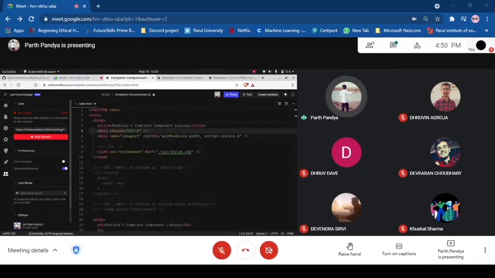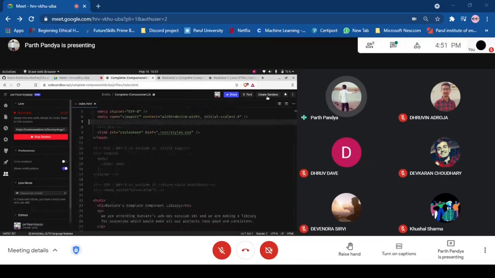So this is a module. CSS is a module file, which provides a gentle beginning to your path towards CSS. We are going to see how we can use it. Yesterday we talked about HTML and everything. There are three ways we can add CSS. So let me create one more sandbox here.